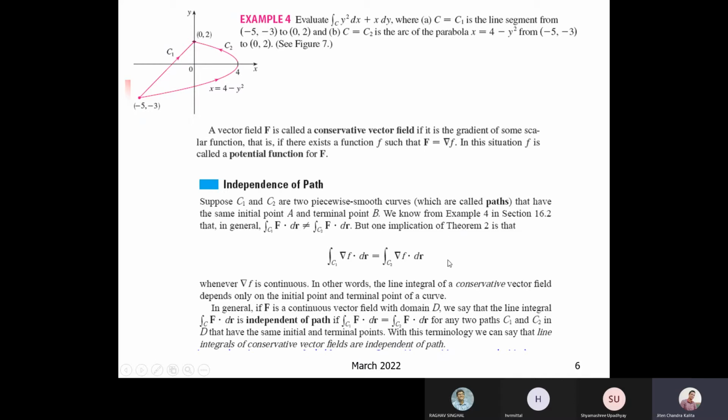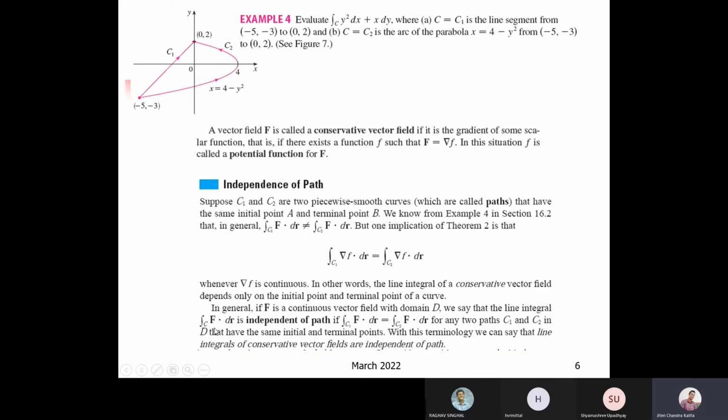It is nothing but if you can express a vector field as the gradient of a scalar function, a gradient of a potential function. That's it. Okay. So in general, if f is a continuous vector field with domain D, we